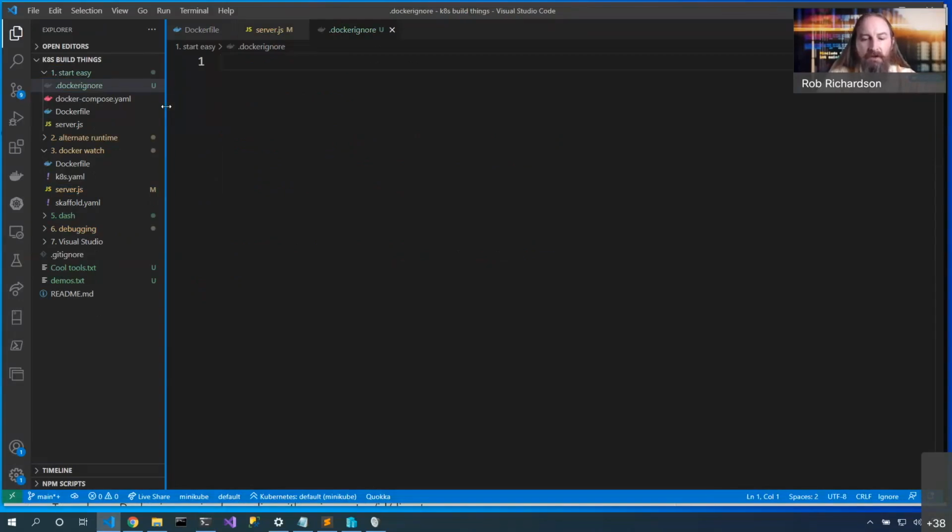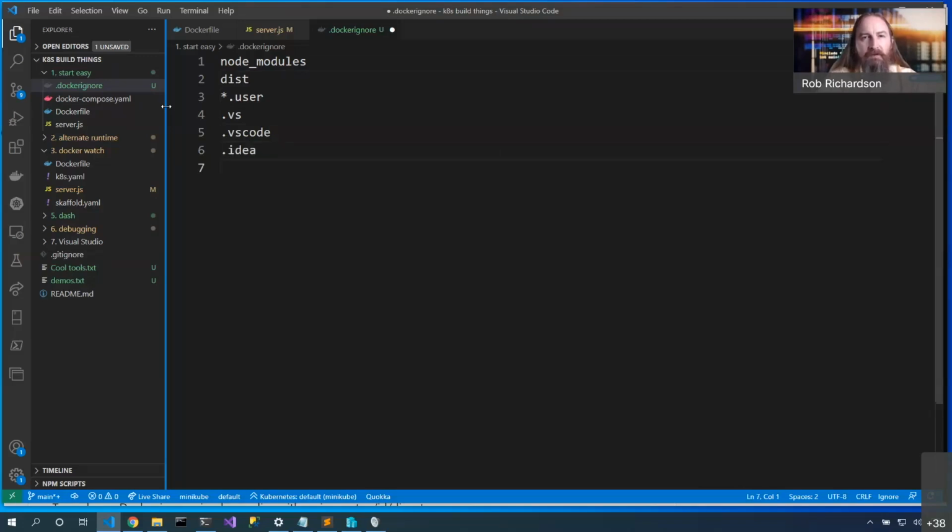I want to ignore libraries that I download, so the node_modules folder. I want to ignore built content. So in a .NET project, I would have bin and obj. In this case, I don't have any built content that I want to ignore. The dist folder is often in a node project. I also have user-specific content that I might want to ignore: *.user, the .vs folder, maybe the .vscode folder, the .idea folder.